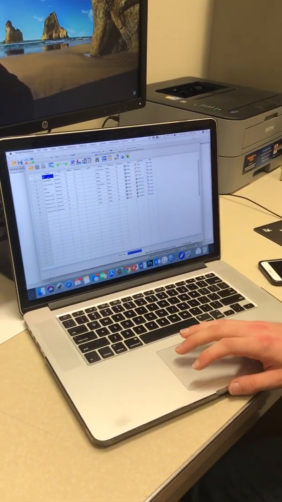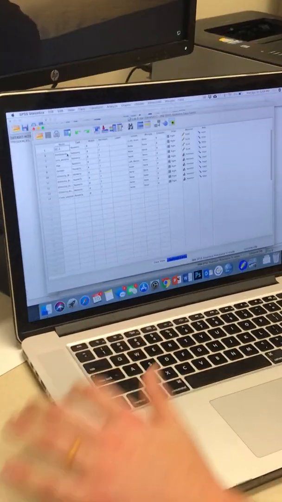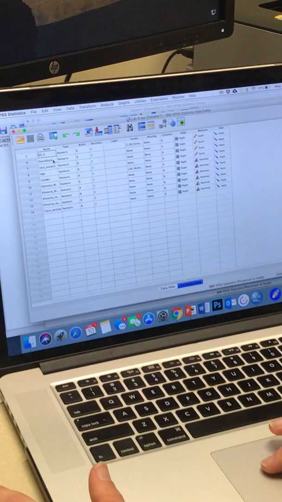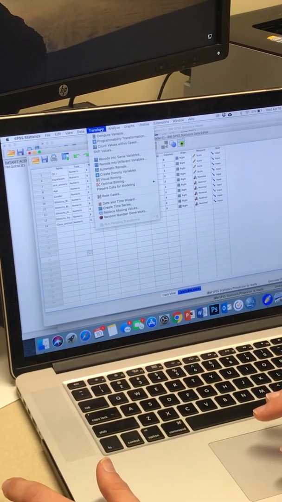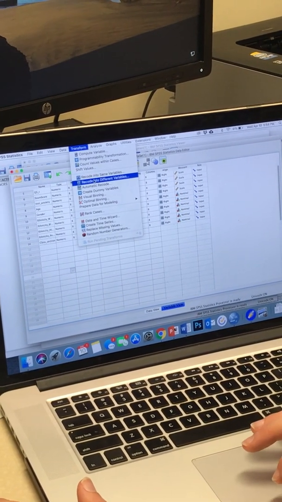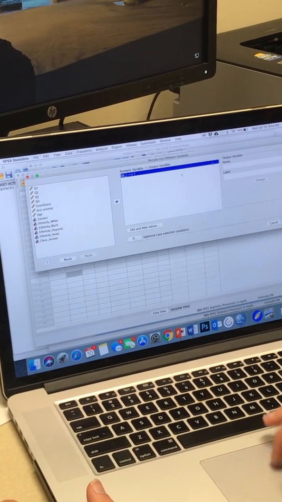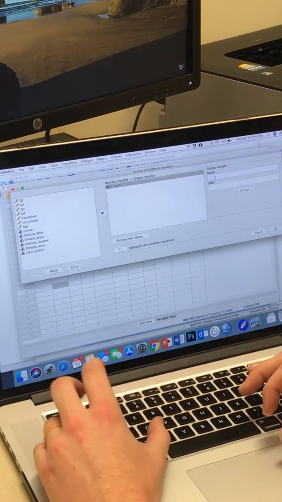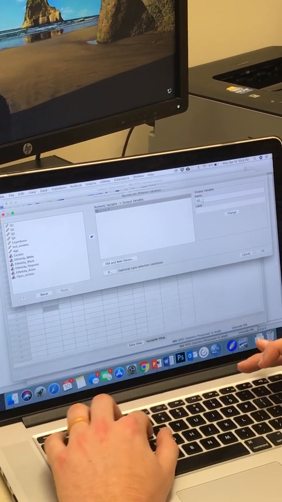Your reverse coded ones are going to have an underscore R, right? Yes, they should. Okay. So I want to reverse it, so I go Transform, Recode into Different Variables. I want to take the one that should be reverse coded, and I think it's easiest if I do Q5 underscore